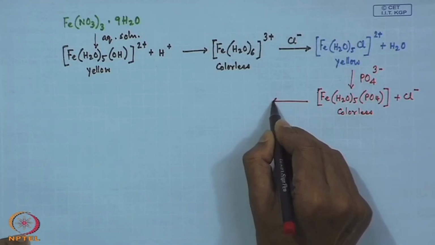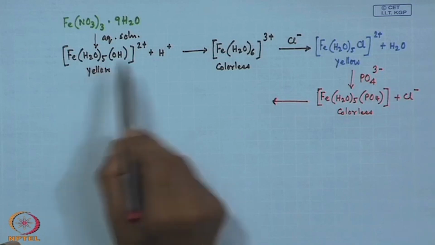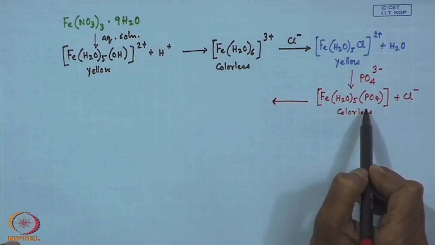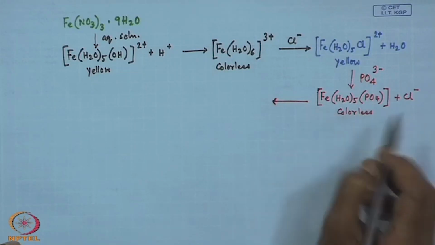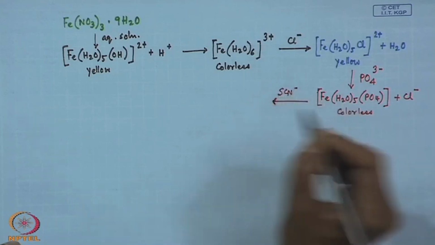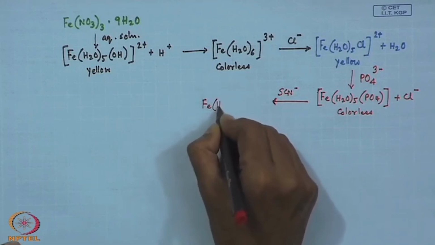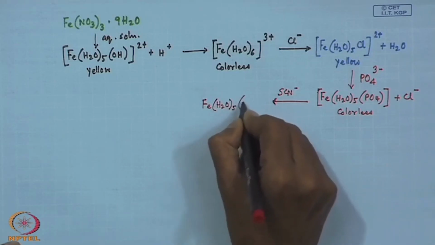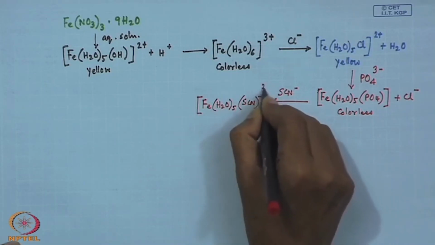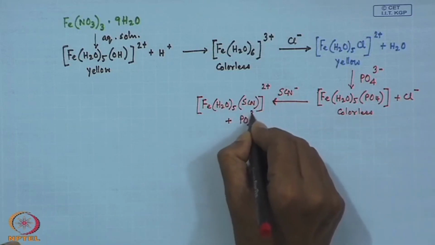And what we have seen in our previous reaction is that this particular species is reacting with thiocyanate. At this point, the thiocyanate is forming a strong bond with the iron site. So if we add thiocyanate anion over here, we get the red compound [Fe(H2O)5(SCN)]2+, with removal of the phosphate anion part,